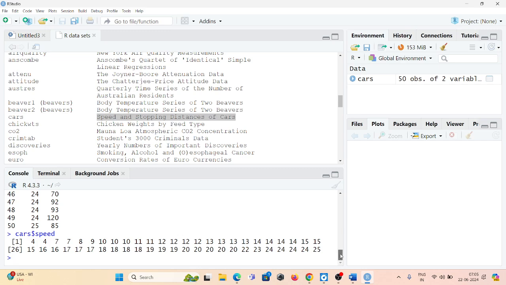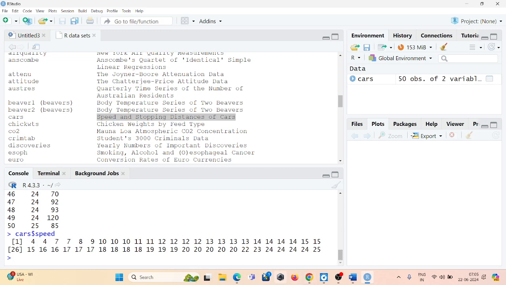Okay. Next, suppose I want to plot the variables. Taking the values against these two variables, speed and distance, I want to plot. Whenever I plot variables, plotting always needs two parameters. One will be displayed on the x-axis, another on the y-axis. So in order to plot, we always need two parameters.